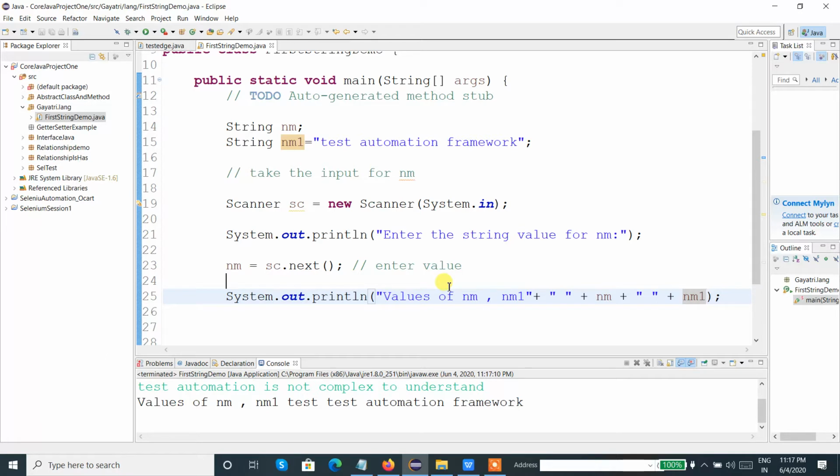So why this nm is for sc.next, that is test automation framework. Test automation framework is nm1. Then what about nm? Nm is sc.nextLine.